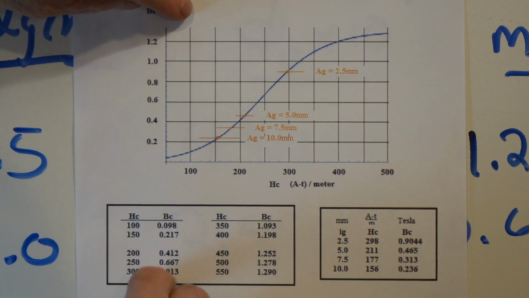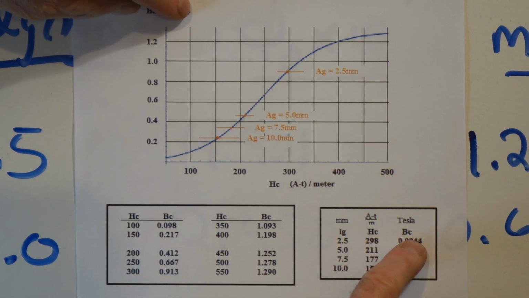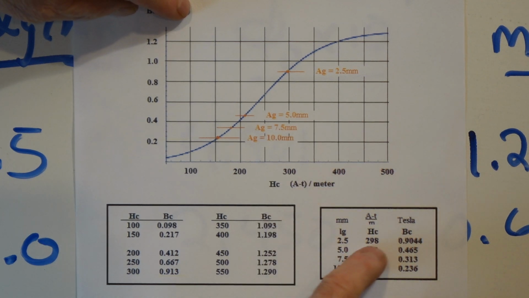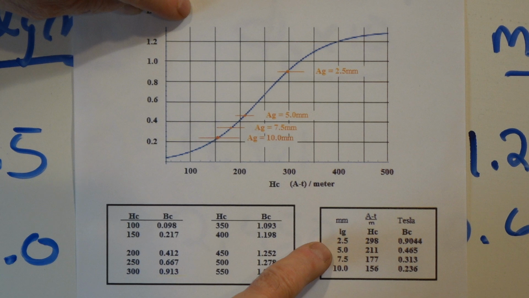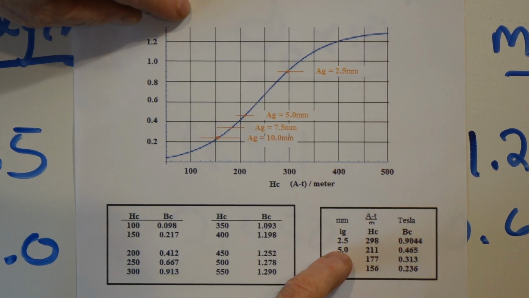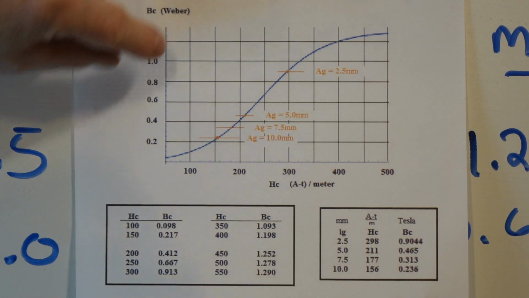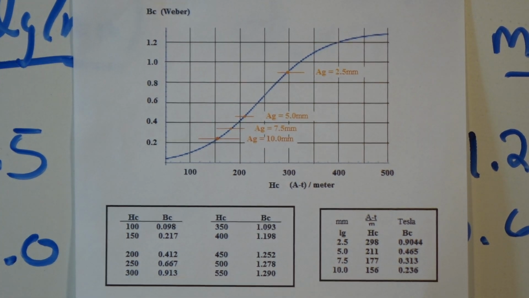Our field intensity decreases, as we would expect, as we increase the gap width. Now, here are some points. Here are the values for the length of the gap and the H in the core and the B field in the core. And we can see that it is not a linear relationship in the core. If I double the gap, the H just drops some, and if I double it again from 5 to 10, it drops about 50% or 25%. It doesn't go as a linear relationship in the core, but in the air gap it does,